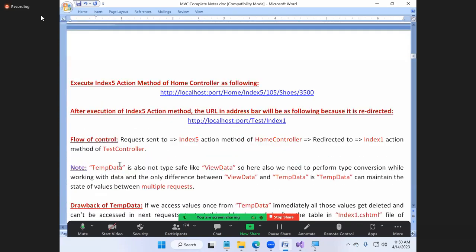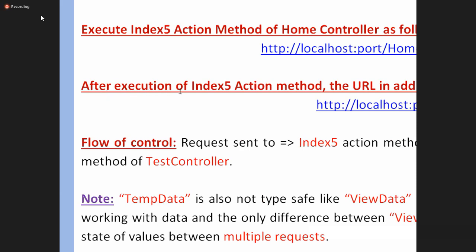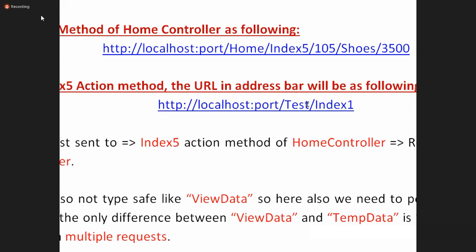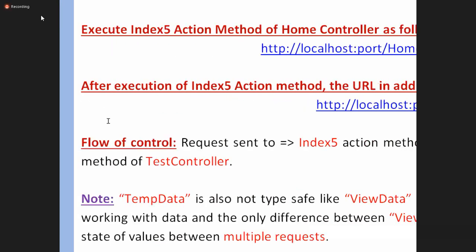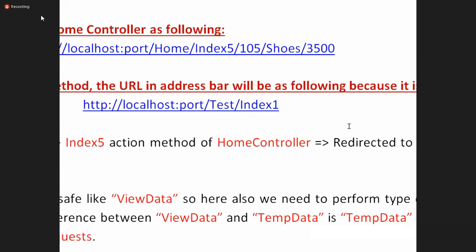Okay. See, guys, observe. Execute. Okay, na? This is the URL now: Test/Index5.